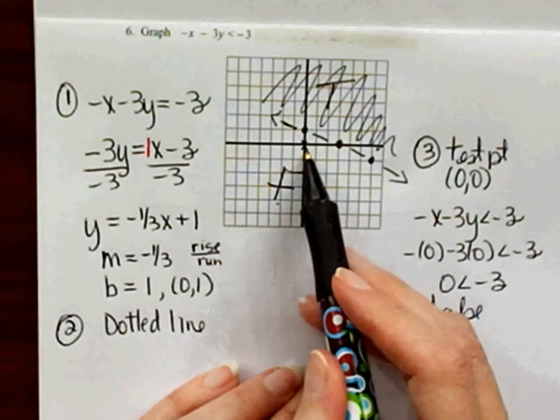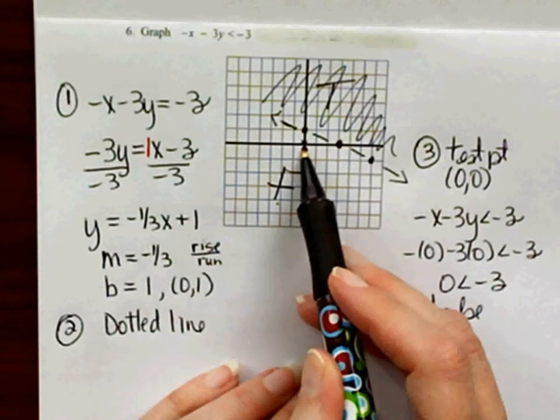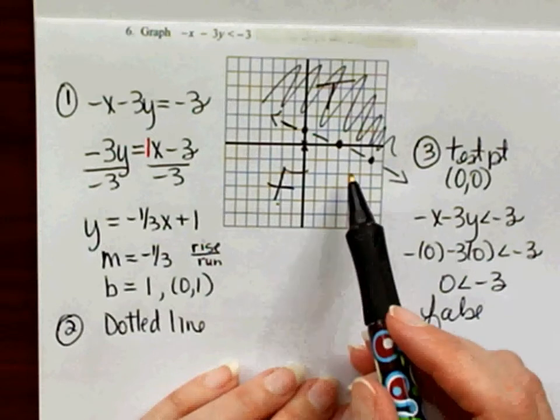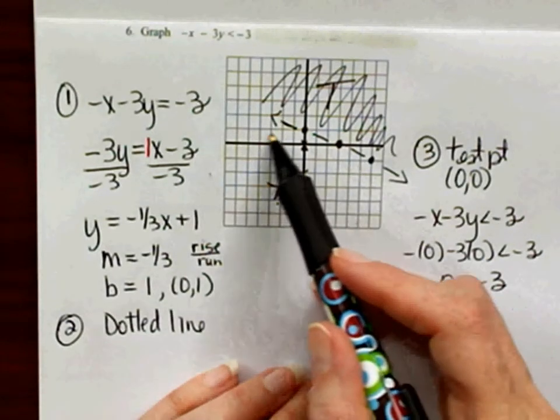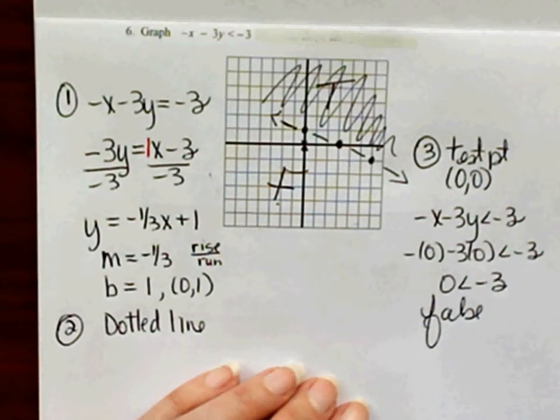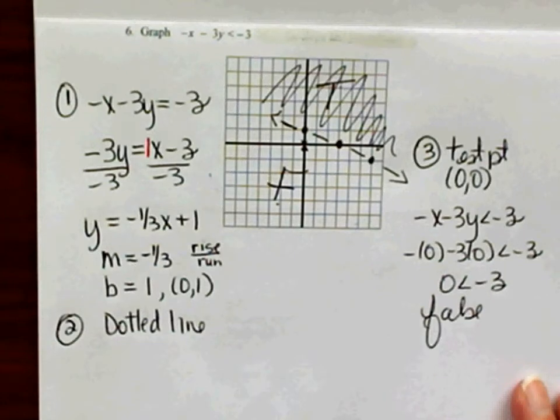Once again, my test point's located here. It's a false statement. How do I know it's a false statement? Well, we plugged it in. We tested it. So this is a false side, meaning this side has to be true, and you only shade the side that's true. Alright, review that one a little bit, and then we're going to move on to